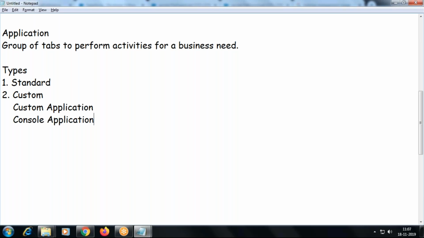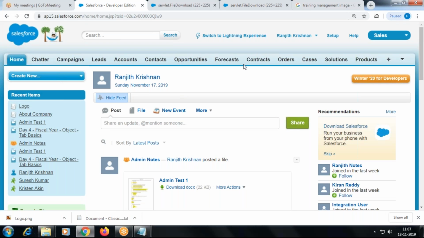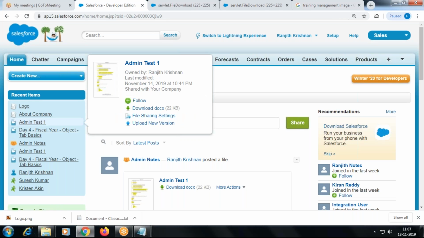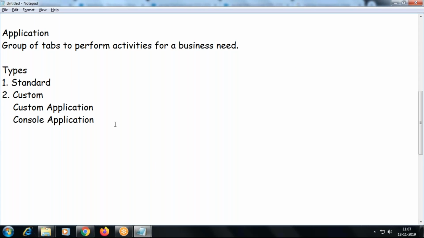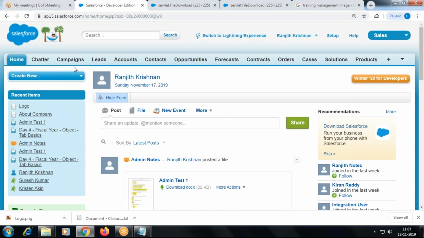One is a custom application, another is a console application. When you say custom application, the tabs are arranged in horizontal order. When you go for console, all the tabs that you see in horizontal order will be seen as a drop down. That's the main difference. Console shows the tabs in vertical order, and whatever you are seeing here is a custom application, right?